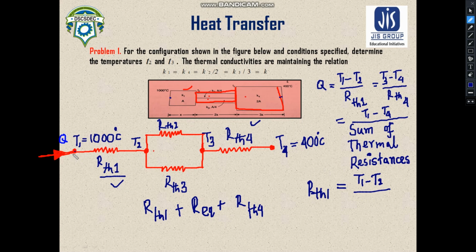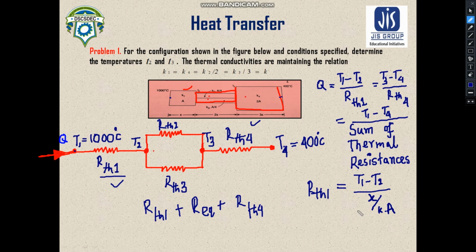So you can see it from the electrical circuit here. So this is for T1, this is T2, and you need to find the thermal resistance, right? Here, this is the thickness of this wall, so we don't need to take this value delta. We will give a x here, so x divided by k1 into a. Now here you can see that k1 is equal to k, so we will leave with k here, so k